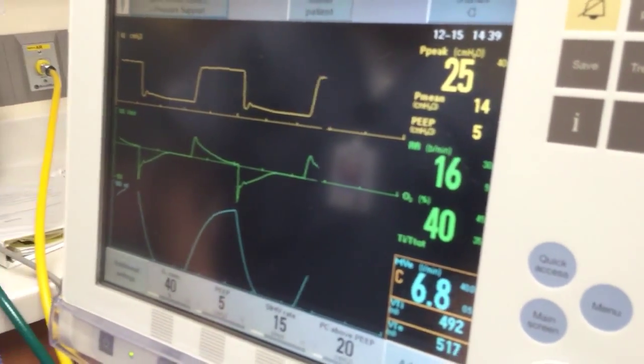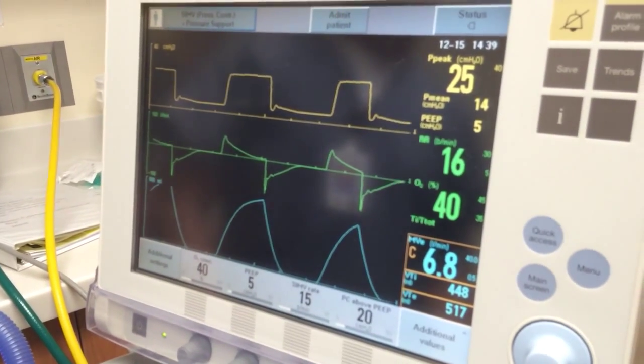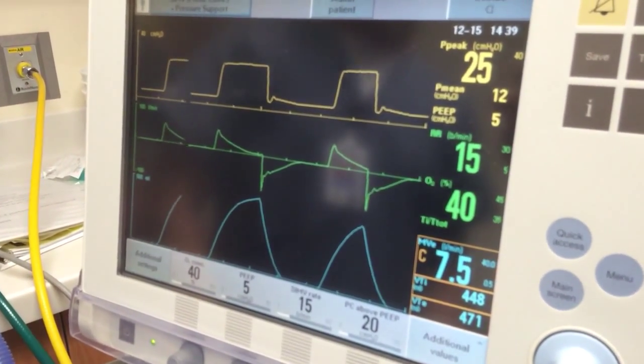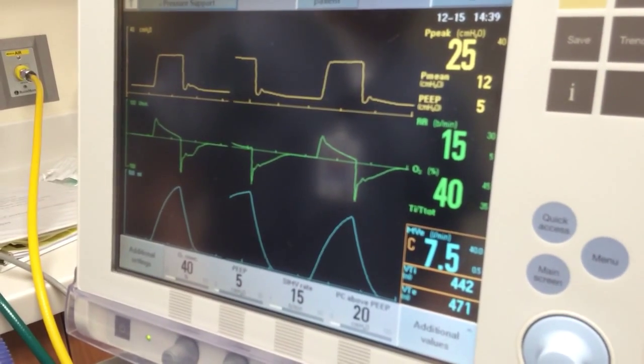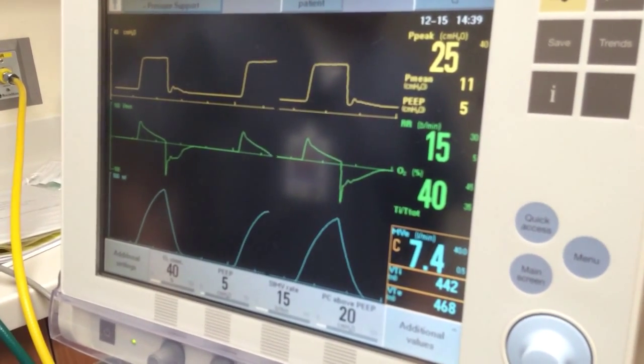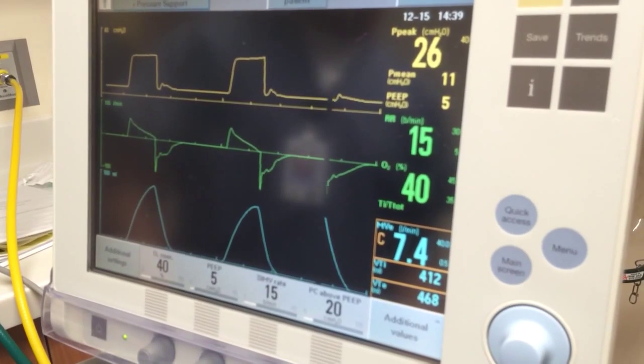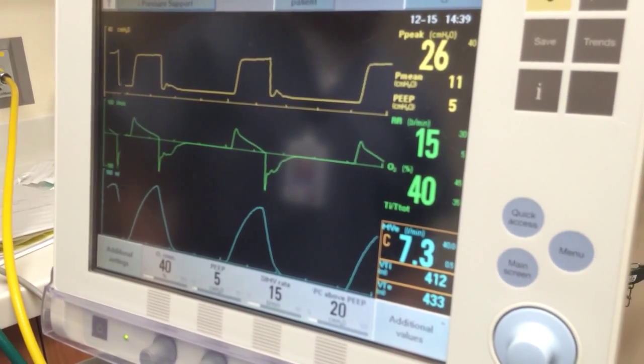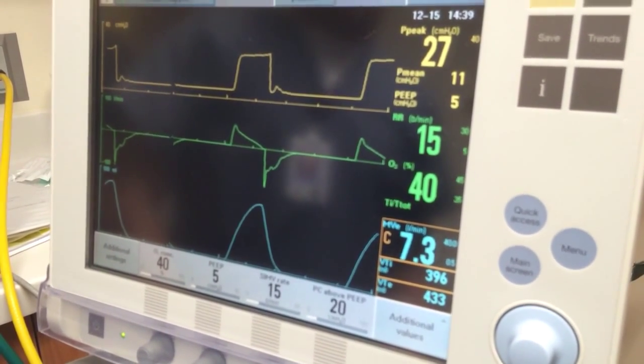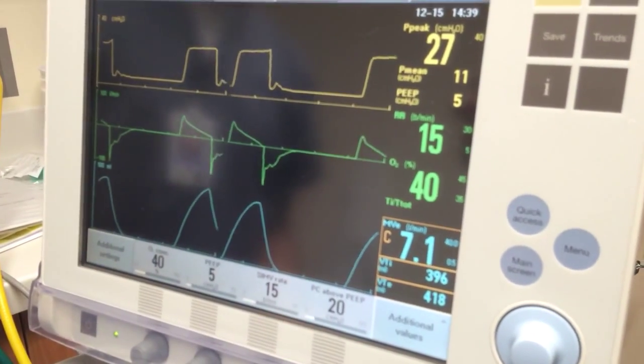And at that point, you can leave it at the zero flow because they shouldn't be fighting it. If they are fighting it at the zero flow, then you need an order for the I time to be set. Any deviation off of these waveforms, we need to have the physician aware of the situation so they can make a clinical judgment call on the amount of I time